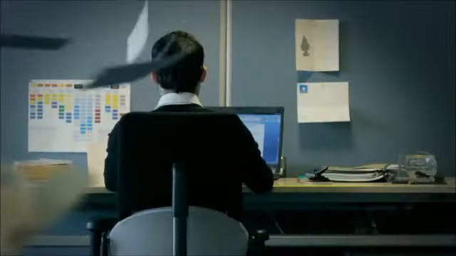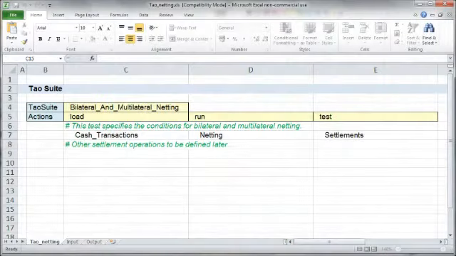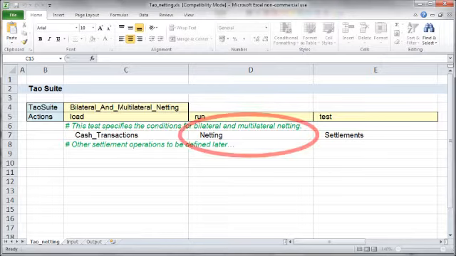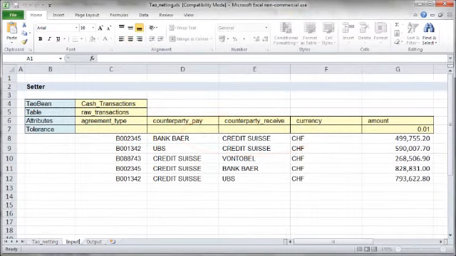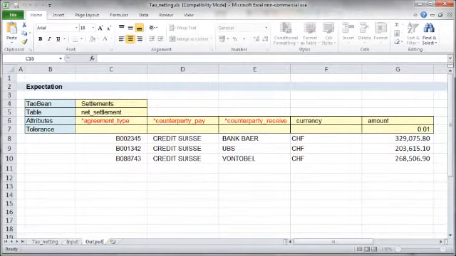With Tao, the same Word document becomes redundant, since the document does not integrate into the build process automatically. Instead, with Tao, the business analyst creates a test case that reflects all the functionality that the Word document attempted to communicate. The business analyst identifies the need for a netting process that, in very concrete and unambiguous terms, for a given set of raw transactions, will aggregate the amounts conditionally to generate a set of net settlements.